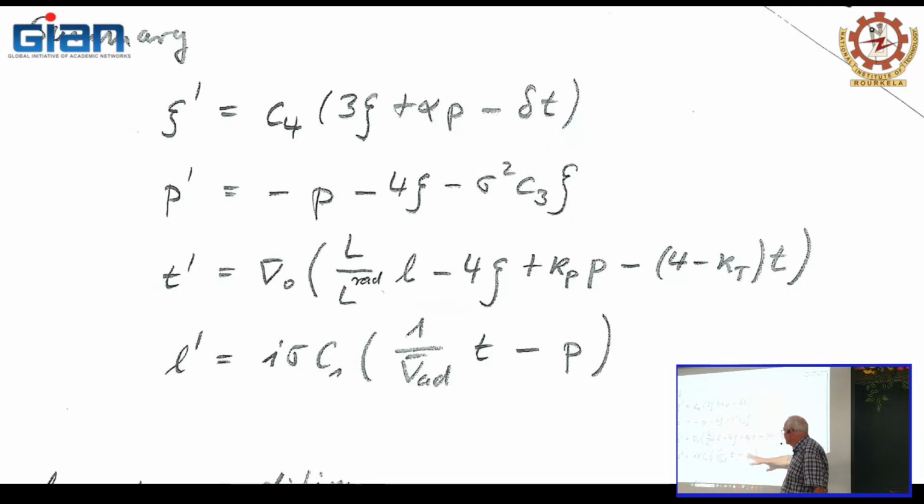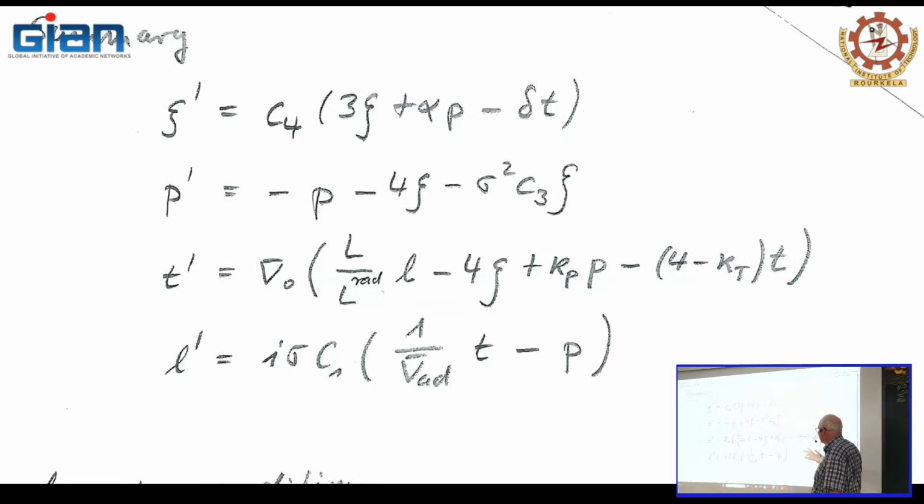So these coefficients C1 to C3 and C4, together with the derivatives of the opacity and the equation of state, this information about the background model plus the eigenfrequency appearing here, these are the parameters of our differential